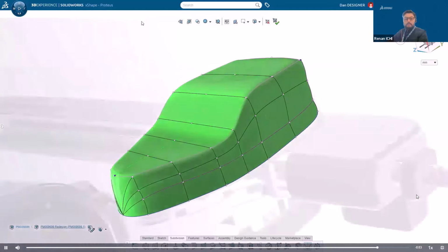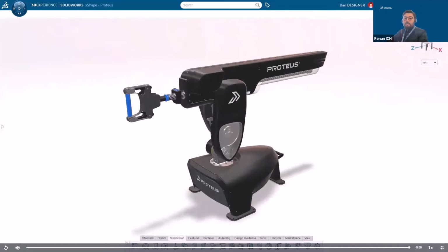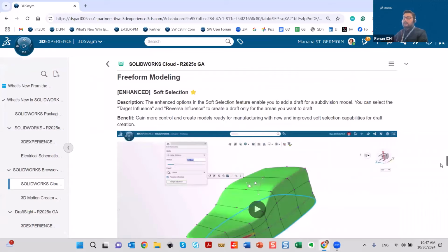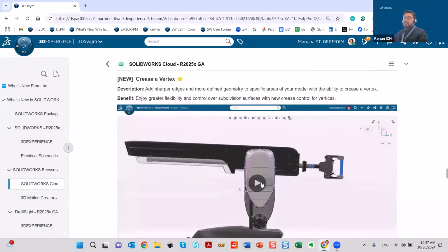So those are the two enhancements for soft selection, and they will allow you to ensure your geometry meets the draft requirements that you have. So let's continue moving down here. The next one is, you can play the video, Mariana,